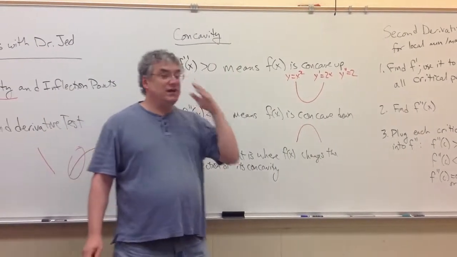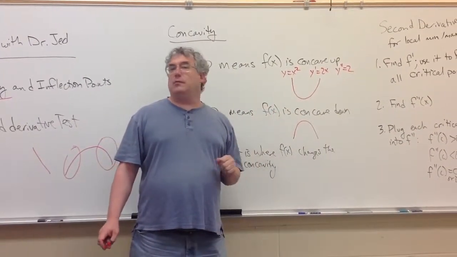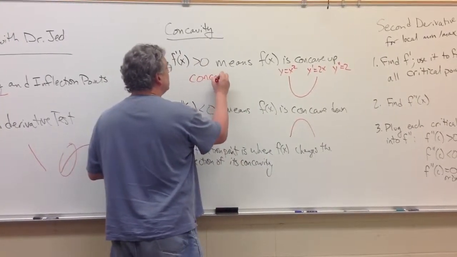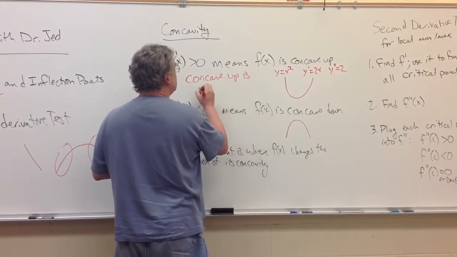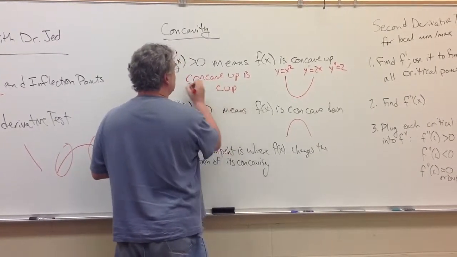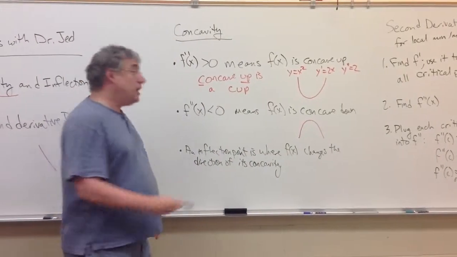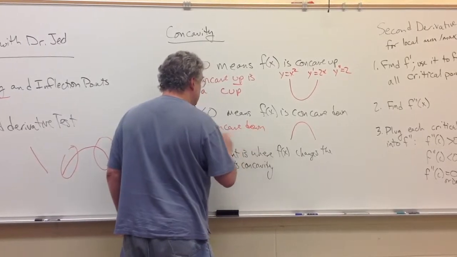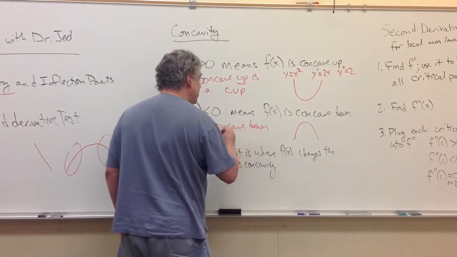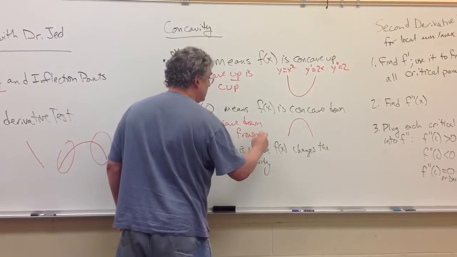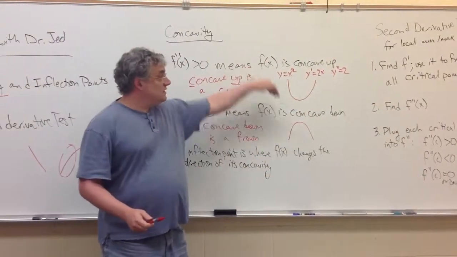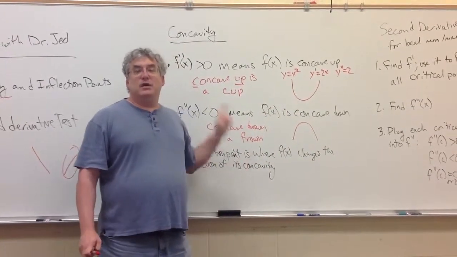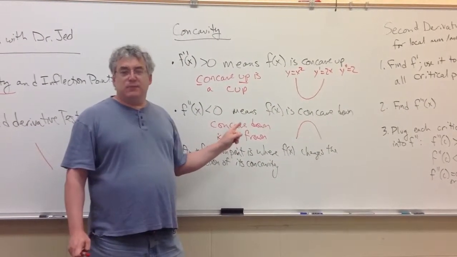Now there's an easier way to remember this if you like words. There are mnemonics for a whole bunch of things. What I think of is concave up is a cup. Concave up. Concave down is, I can't do the same thing, but I'll say frown. See? It's a frown. This is a cup, that's a frown. Concave up, concave down. Now, this is useful not just in knowing how the shape of the graph looks, but